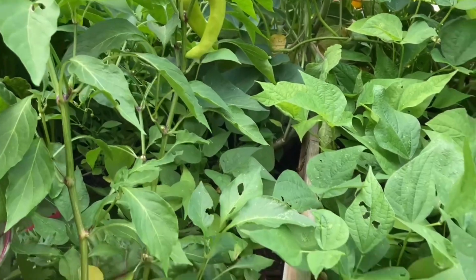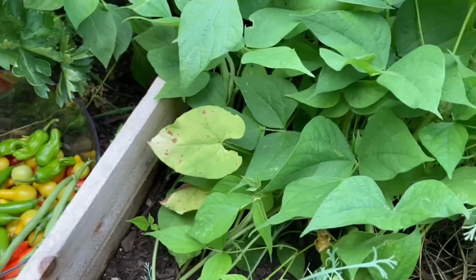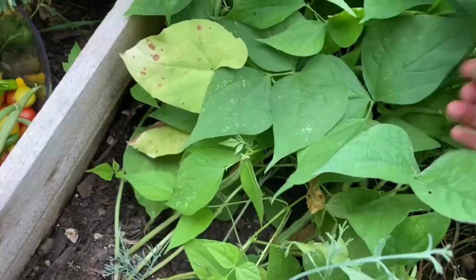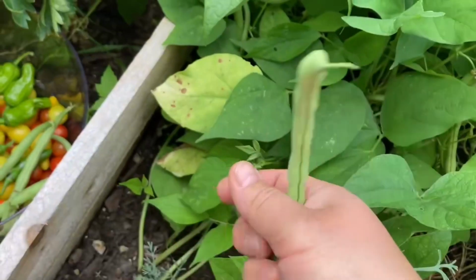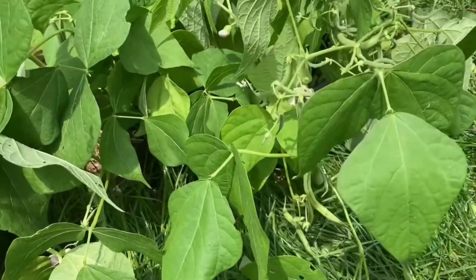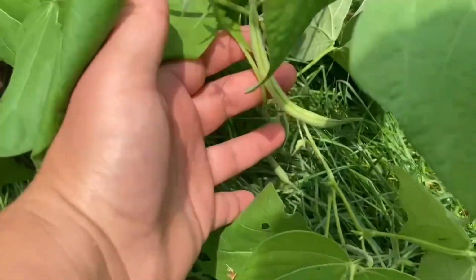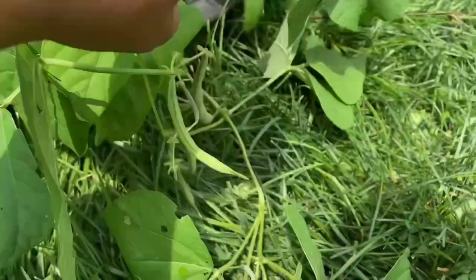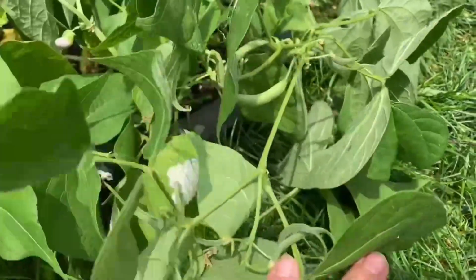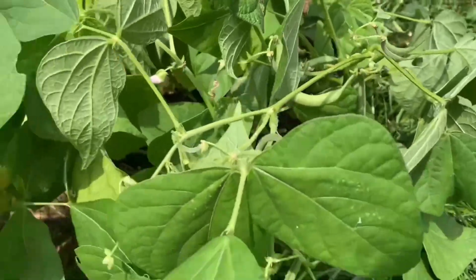And now let's take a look at my beans. I planted a few varieties of beans this year, also in June, and they started producing a few weeks ago, and they keep giving me more and more. So I'm really happy I planted a lot because now I can vacuum seal and freeze some for the winter months, and also I can use them in pickles and just enjoy as a side dish